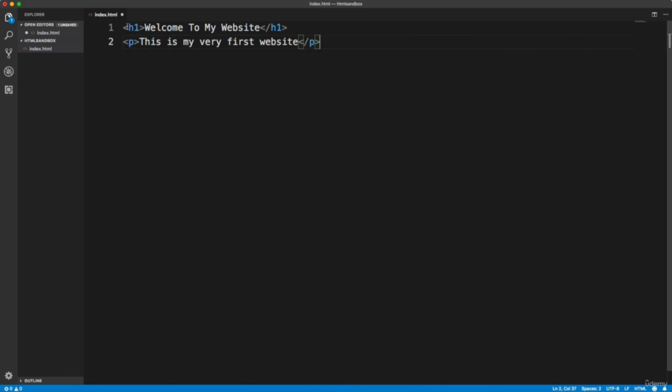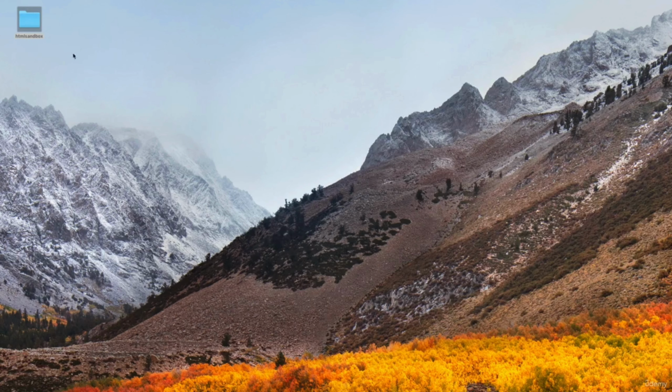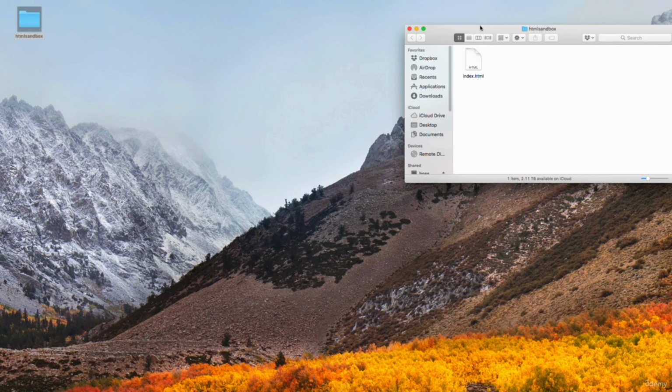Okay, so we just have a heading tag and a paragraph. Let's go ahead and save this. You can either go to File, Save, or you can just do Control-S or Command-S on a Mac, and that will save the file. Okay, so now let's go ahead and minimize this, and let's go into our HTML sandbox